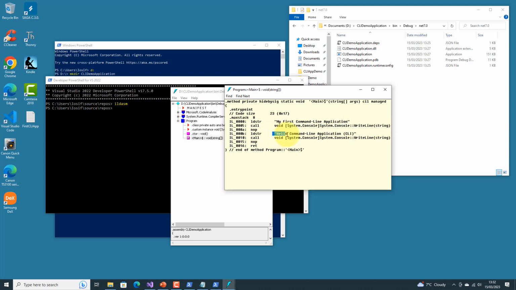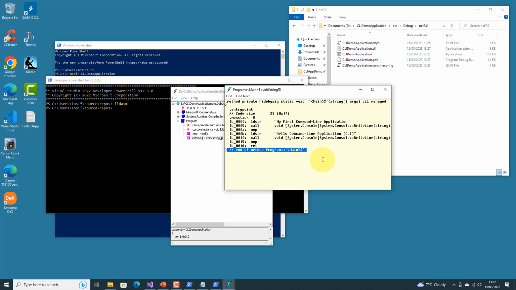Okay, this is another string used in my C# source code, and here again is called this void method together with this statement, System.Console and the WriteLine method,